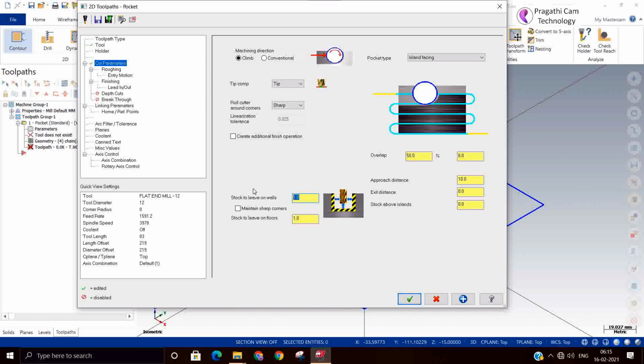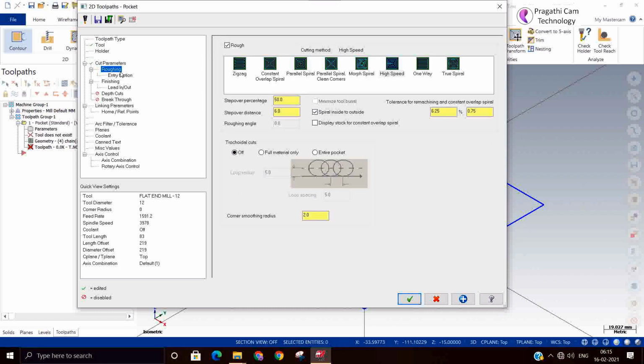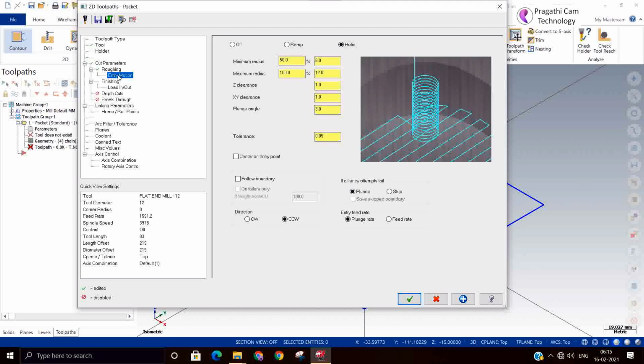Stop 0. Cutting method you can say constant spiral. Percentage step over 65. Entry let it be helix. Always you should keep either helix or ramp.